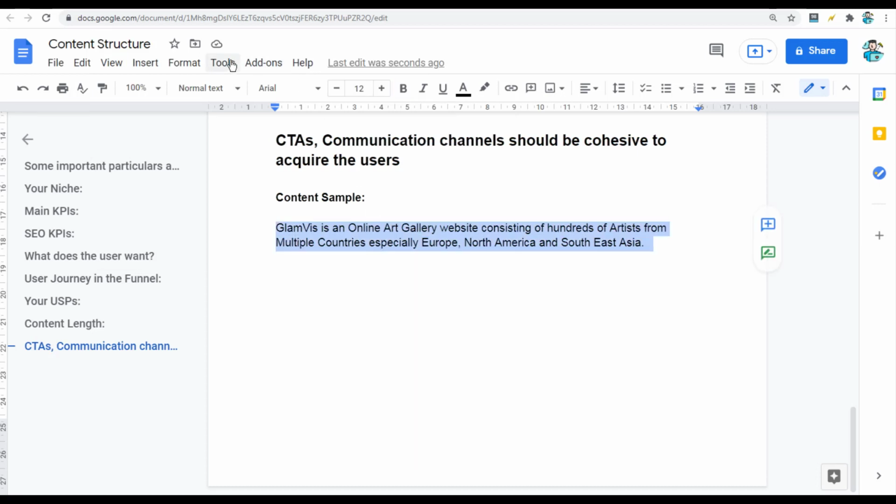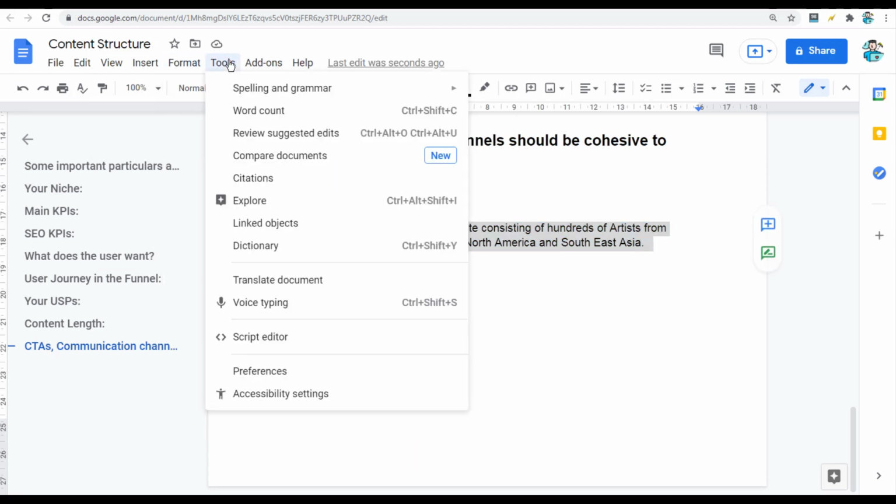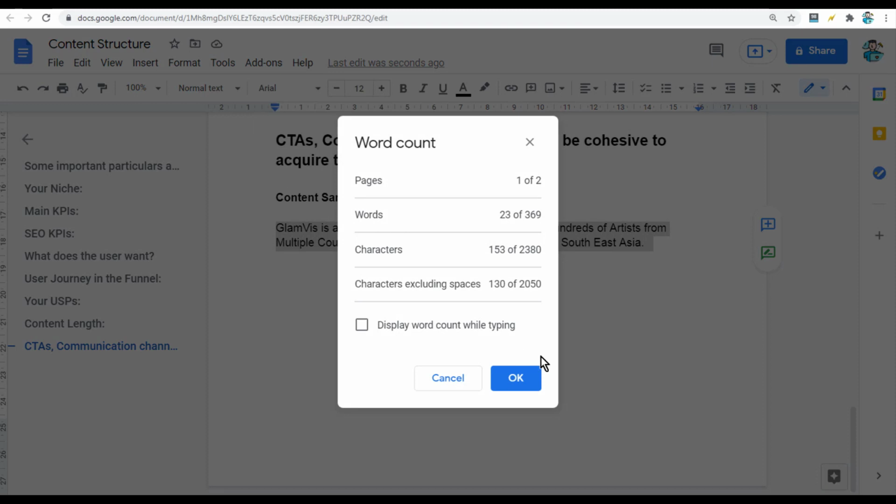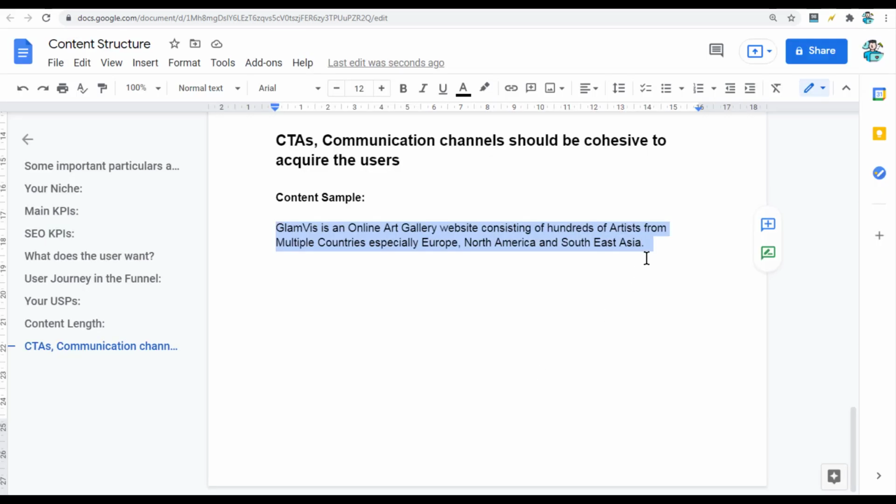Okay, so these are 23 words, 153 characters with spaces and 130 without spaces. One thing that I want to suggest is to use small paragraphs. Do not use 5 or 6 or 10 line paragraphs, just use small paragraphs.